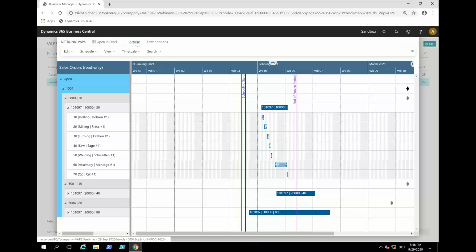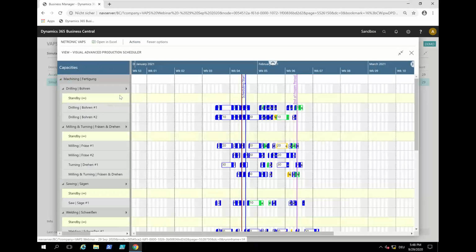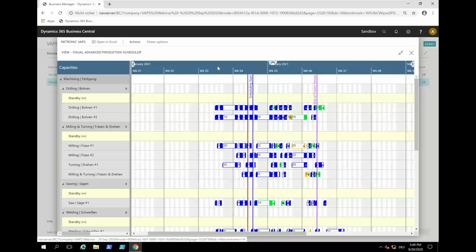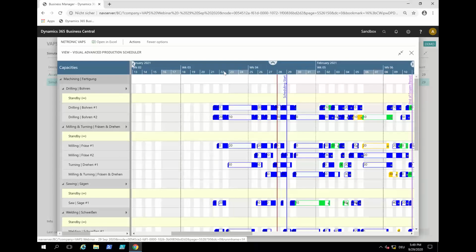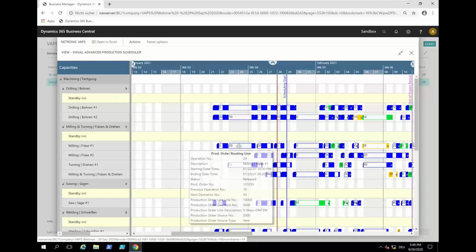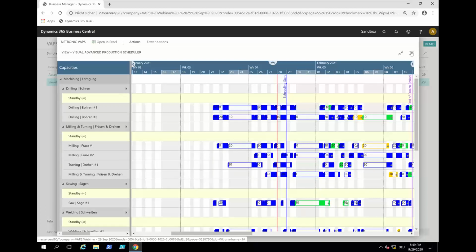And what you also can define, and let me go quickly back to the capacity view, and you can now define it in a much more elegant way than before. But what you also can define, and this might be quite interesting for some of you guys, is the text that you see on these bar labels. So far, what you see here is the routing number. And the routing number may be interesting, but maybe not. But maybe you might be interested in seeing the item number, for example. So what you can do now is,